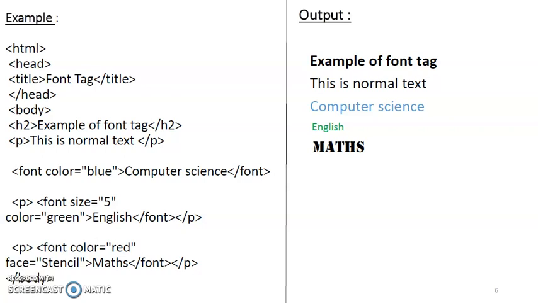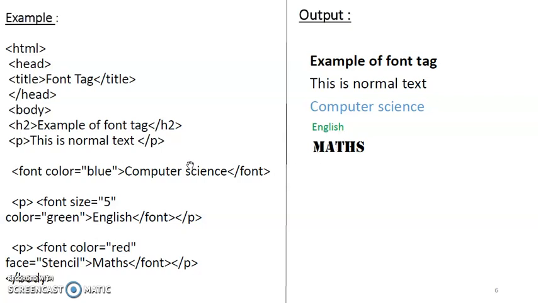And in between you have mentioned maths. So here I am mentioning the font color is equals to black. Whenever you mention font color is equals to black, then the output will display in black color and the face is stencil. Okay. So you can see the difference between English and maths. Both have different fonts.